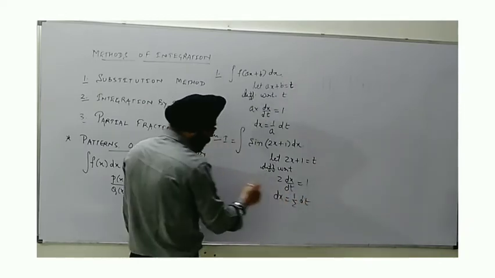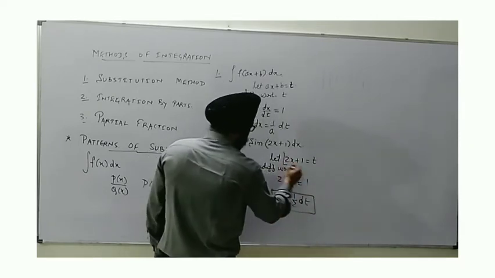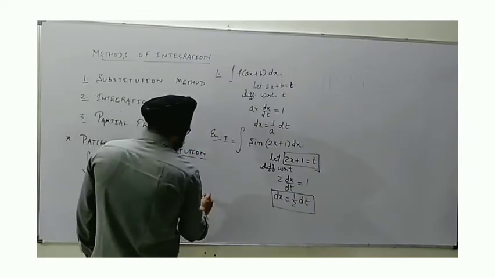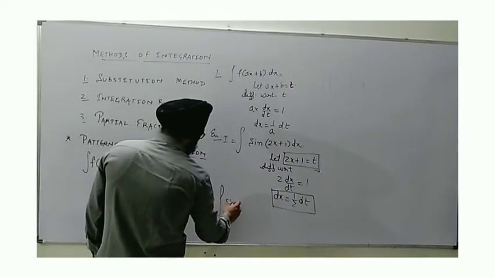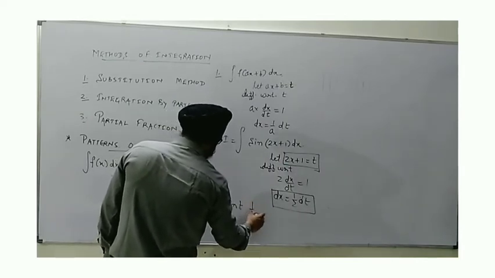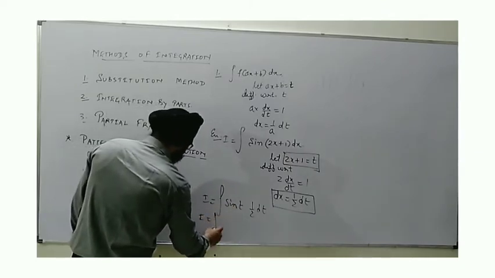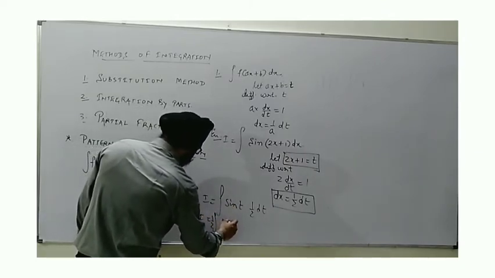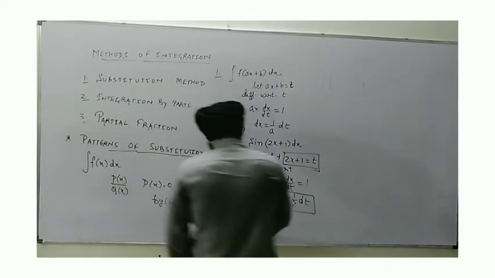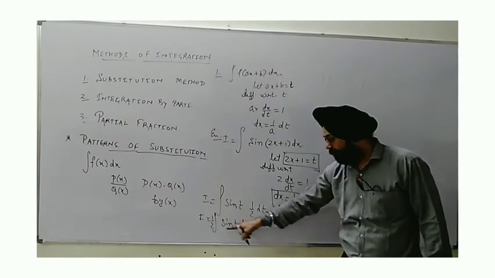Now what is the change? We use this relation and the first relation which we considered in the given integral. So we will write here I as sine of t, and this dx becomes half dt. So half, being the constant, comes out of the operator and we write the integral of sine t dt. Now integration of sine t. Now this converts into basic form. You can see the variable is t here, and the function is sine t.